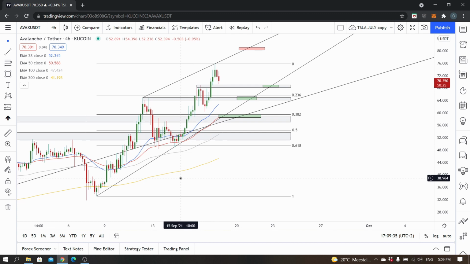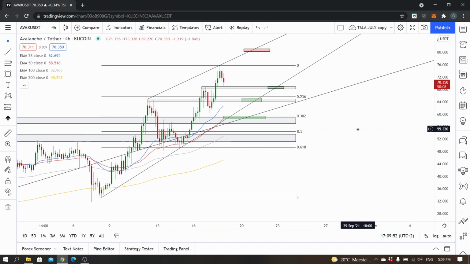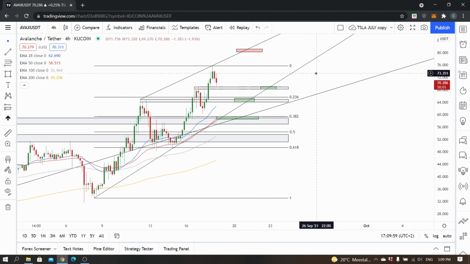I basically look for price points where these technical indicators come together, so they create a confluence, and what my experience has told me is that those are interesting price areas to buy or sell depending on the trend. In this technical analysis I have figured out 4 interesting price areas. The first one is this lower one, which is mainly based on the 60 psychological key level, the 0.382